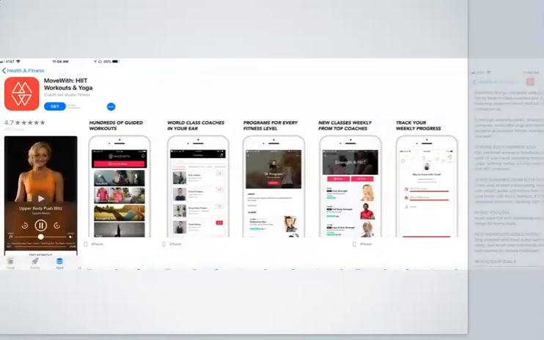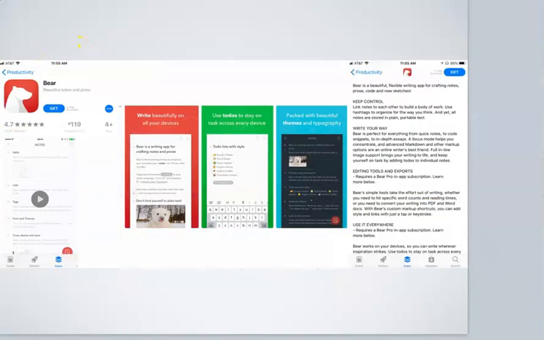So here's another one that kind of shows some of that. And really, these screens show hundreds of guided workouts, coaches. You're going to show these little pieces of your app so people can understand what it's for. You're going to put your little logo in there, and talk about how you use it. And it's